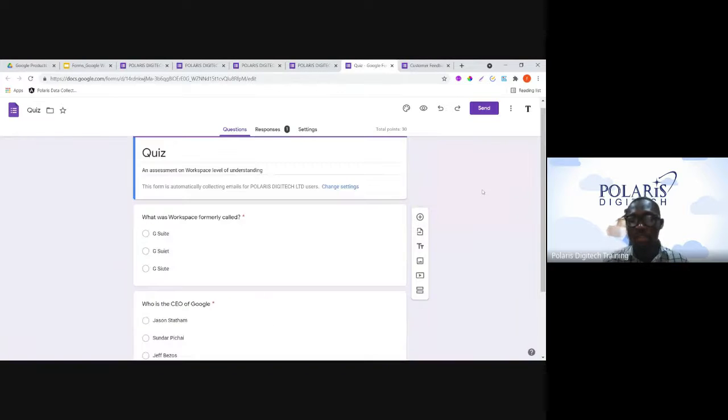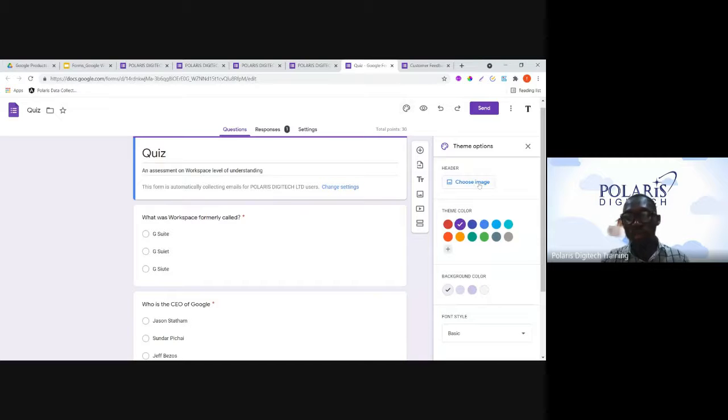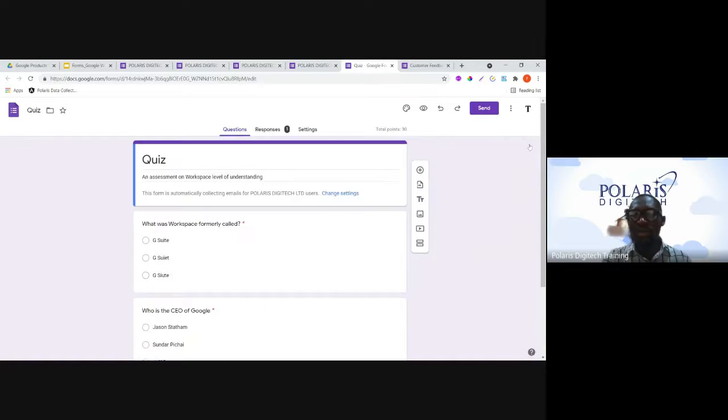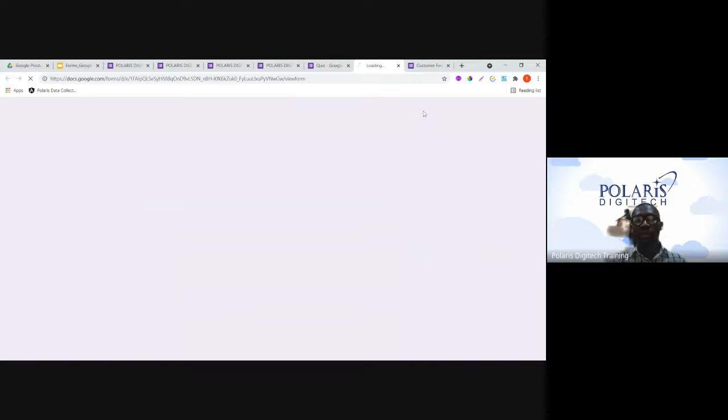But let me put it on the preview pane so that we can see how the respondents receive it at their hands. So once I click on here, and don't forget to also customize this one like I did for the voting focus area. By clicking on customize here, you choose the image, you change the color, you change the font title, and as it suits you. So now looking at the preview,